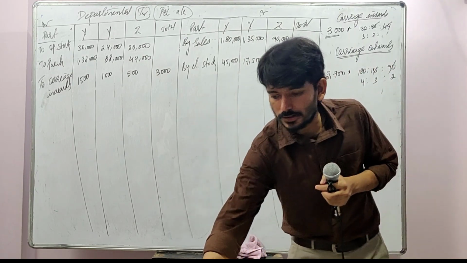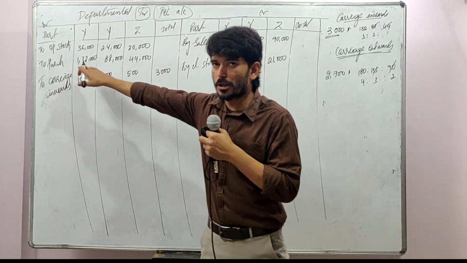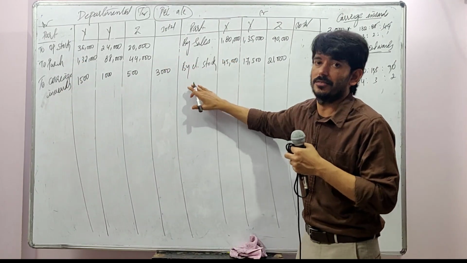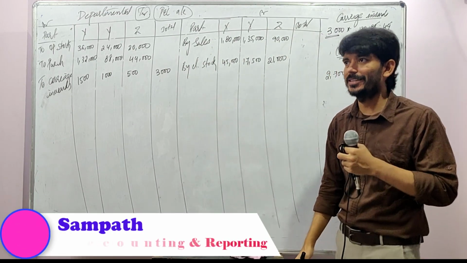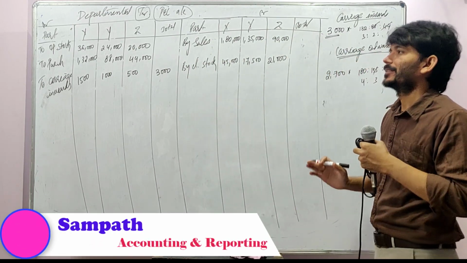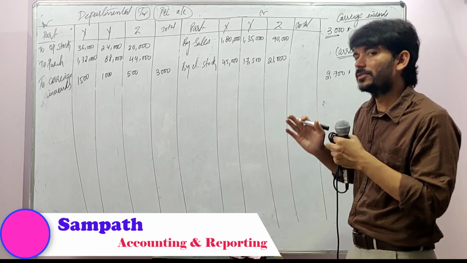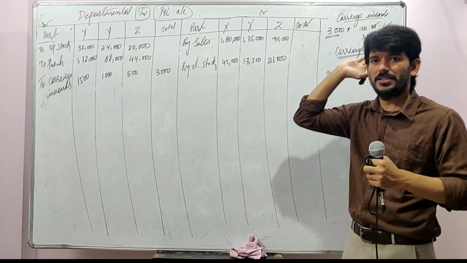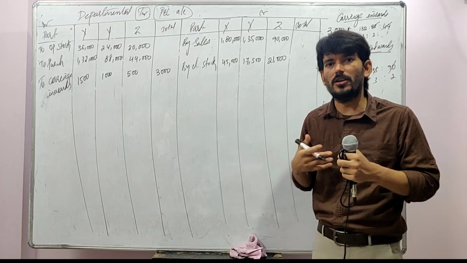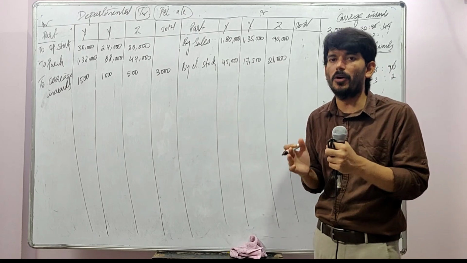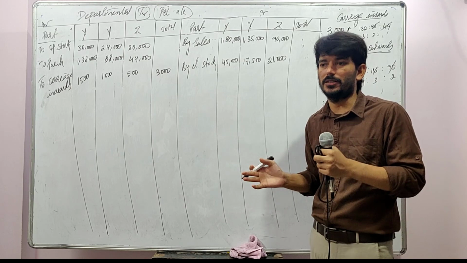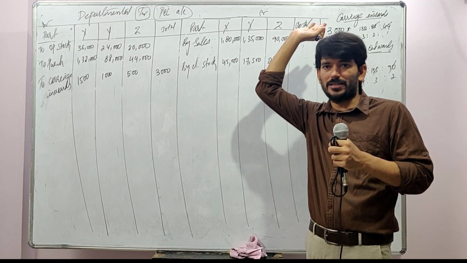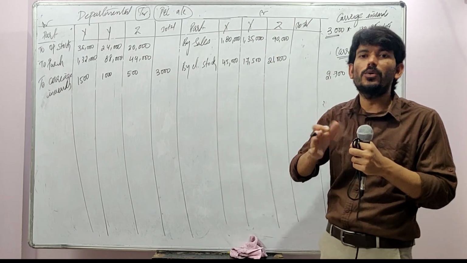So somebody might get a doubt: sir, where do you write this carriage outwards? See, because the purchases are here, I am writing carriage inwards here. Because the sales are here, can I write the carriage outwards here? This is a doubt I used to get when I was in intermediate or that level. The answer is that though it is carriage inwards or carriage outwards, it is your own expenditure. If I am the company, when I am purchasing, that is my expenditure. When I am selling, that is also my expenditure. To sell a product, I am incurring the truck expenditure. To reach the product to my customer location, I am the one incurring it. To get the raw material from my supplier, I am also incurring it. Both are your expenditure only.